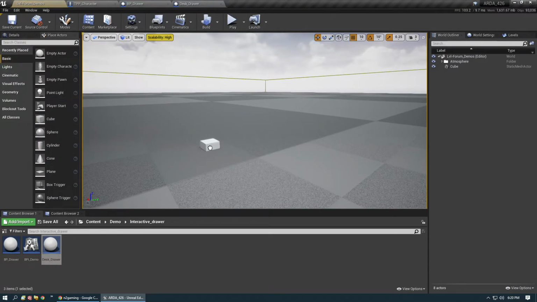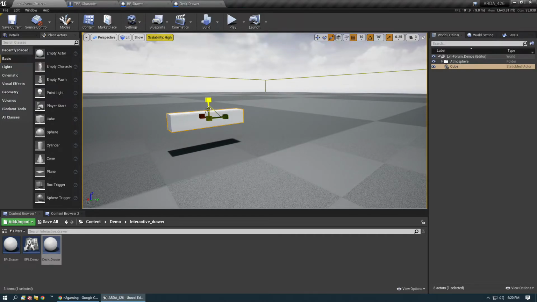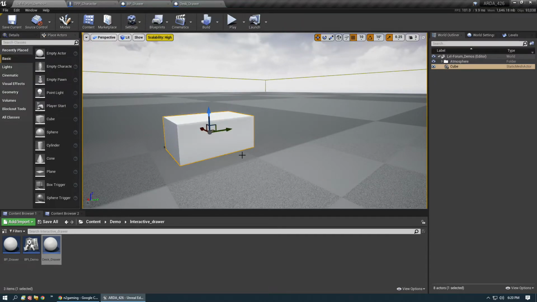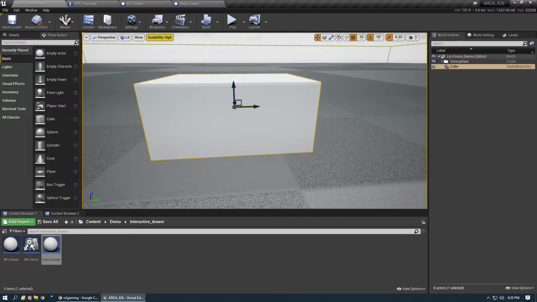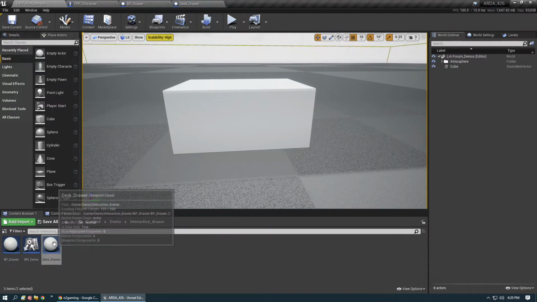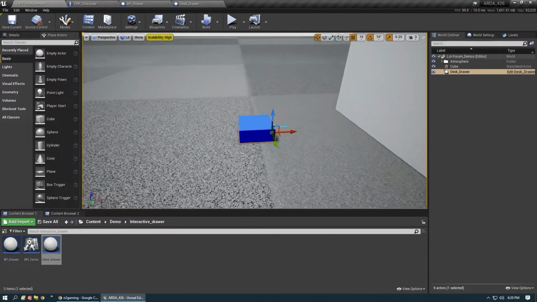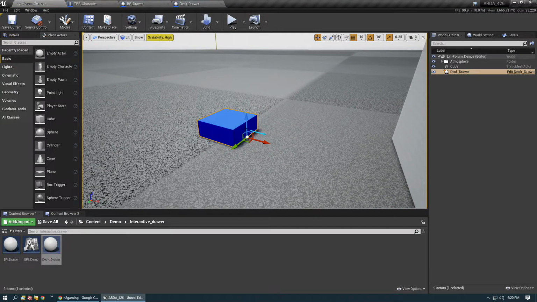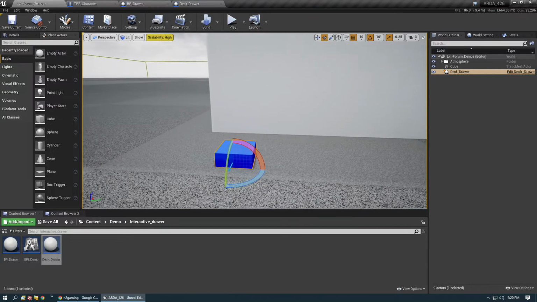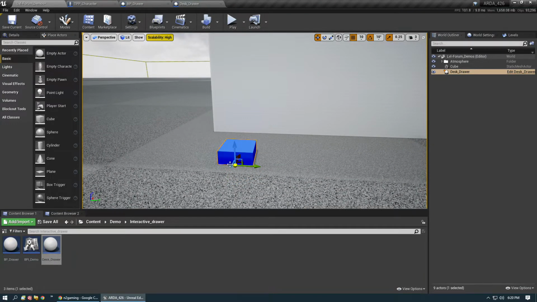Just do a mock-up here. And that looks good. So we have a nice little cube to add. And we're going to take our desk drawer, we're going to drop it on the ground, and see it. See that arrow? This tells us which way the drawer is going to move. So we'll rotate it 180. Now I can take that drawer, lift it up, change this back to 5,